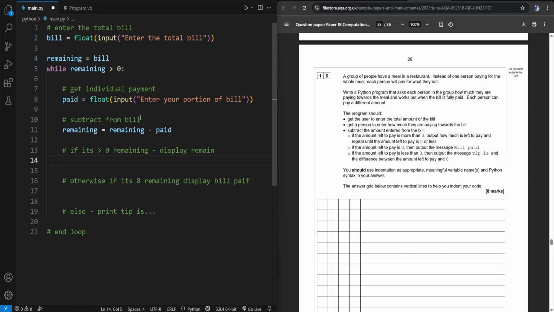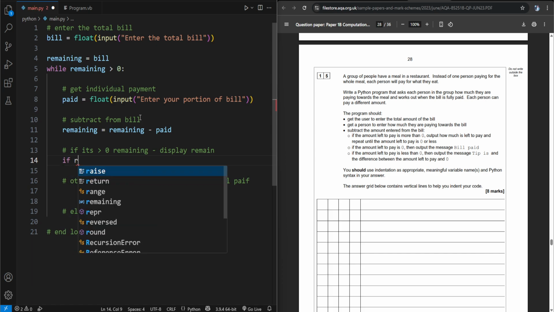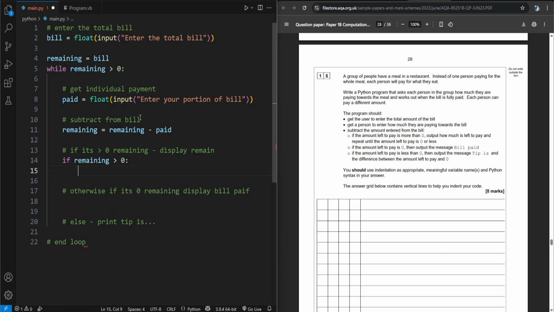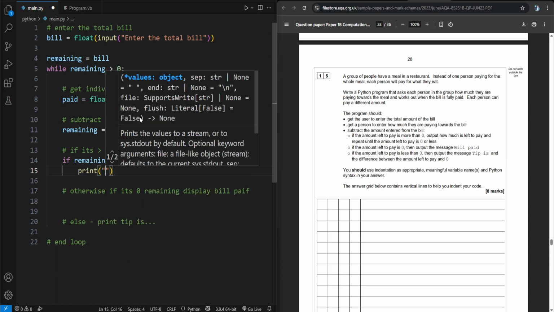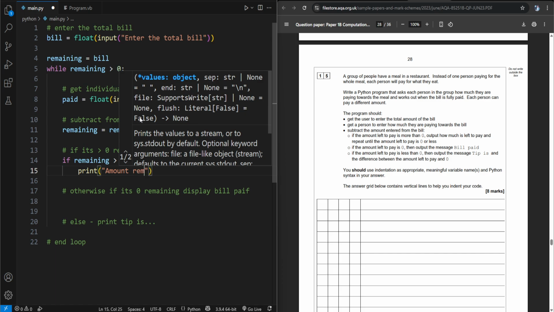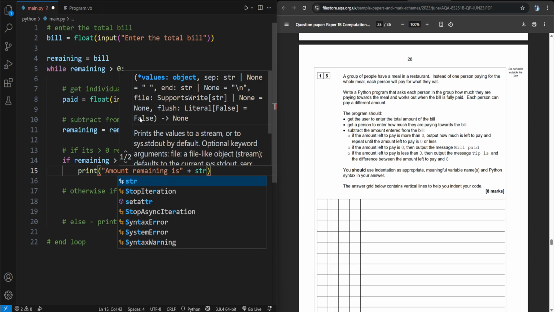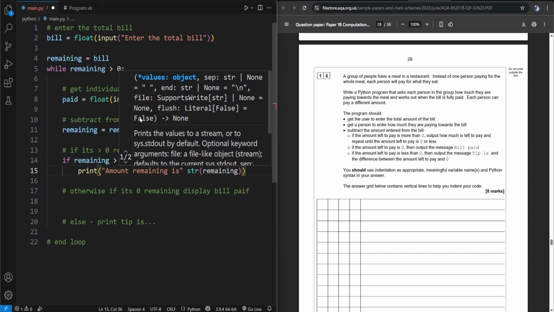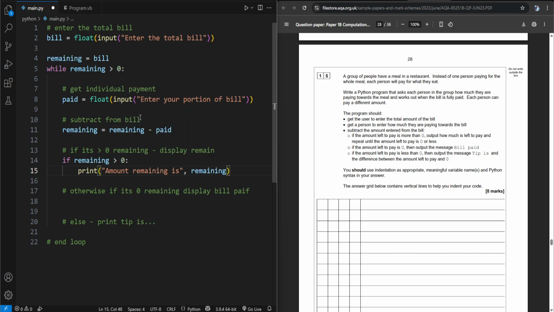And then of course now we can say, so if the remaining is greater than 0, what do we want to do? We want to print amount remaining is, and I would do extra of remaining, but it's also quite okay, well, in AQA it is to use a comma, bearing in mind that the comma will add a space unless we do say otherwise. And so